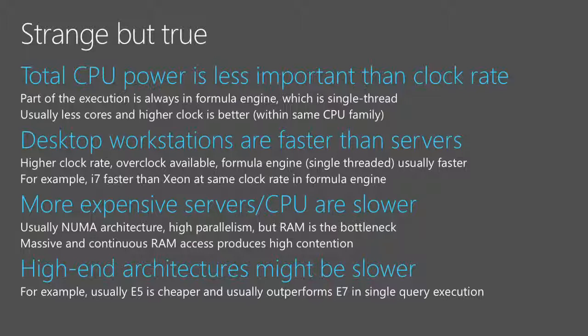And the other surprise: if you buy a desktop today, you spend less than $2,000. Usually with $1,000, you get a desktop that is faster than most of the servers that you have in your company. That's the problem, because when you do the testing with your workstation, it's fast. As soon as you deploy, it's slower. And you think about the problem.